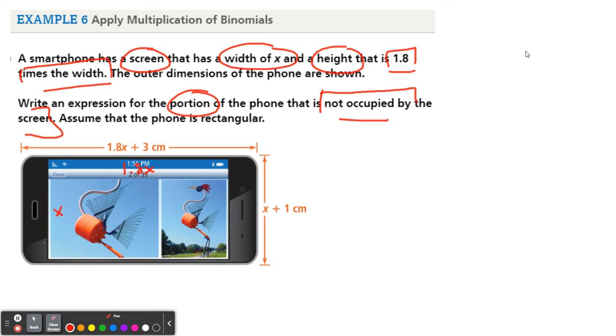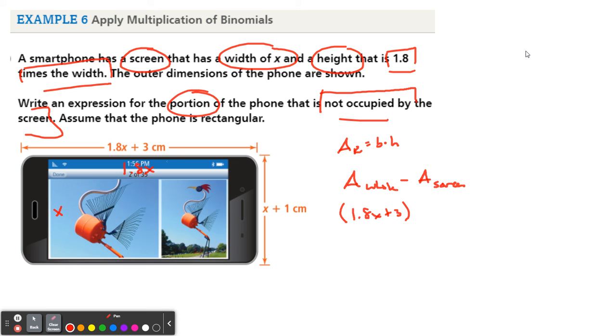Okay? So first of all, what is the area formula? Well, the area of a rectangle is base times height. And to find the area not occupied by the screen, we need to take the area of the whole thing and subtract the area of just the screen. That's what we're going to do. So what are the base and height of the whole thing? So we're going to let 1.8x plus 3